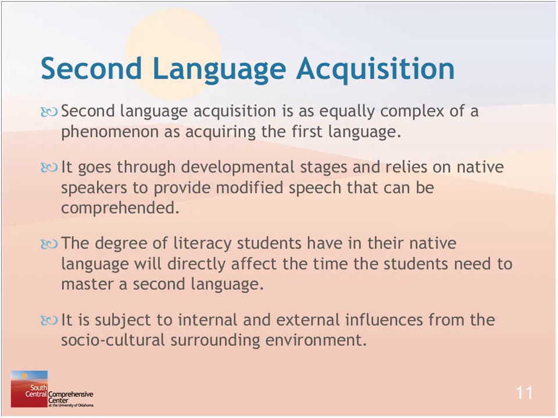Now, let's go with second language acquisition. It is equally complex, the first language or the second language. And also it goes through different stages. The contact that the child has with the native speakers will provide them with a speech or with the forms that they can learn. Many people believe that if the child has a lot of vocabulary, they will learn English really fast. Even though vocabulary is one of the elements that are very important in the process of language acquisition, it doesn't mean that that is enough, because there are many words that are used in different settings.